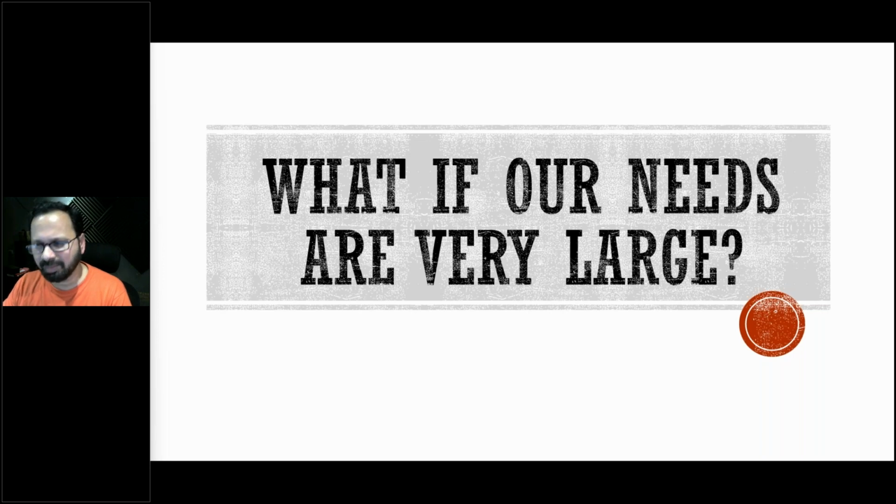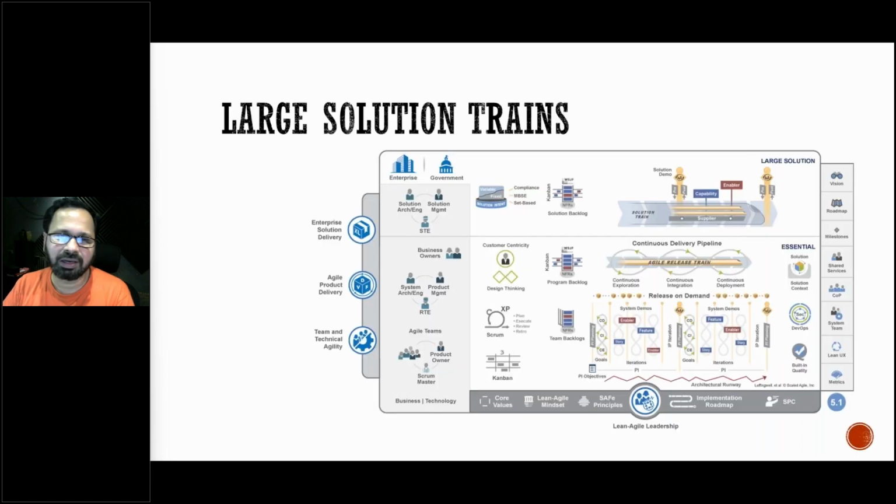and it contained about 125 people. But what if we require 200 people to build an application? What if we require 300 people? What do we do? In such a time, we have a configuration from SAFe called large solution train. This configuration is nothing but a train of trains. Basically, like how we had a team of teams, now we have a configuration called train of trains,